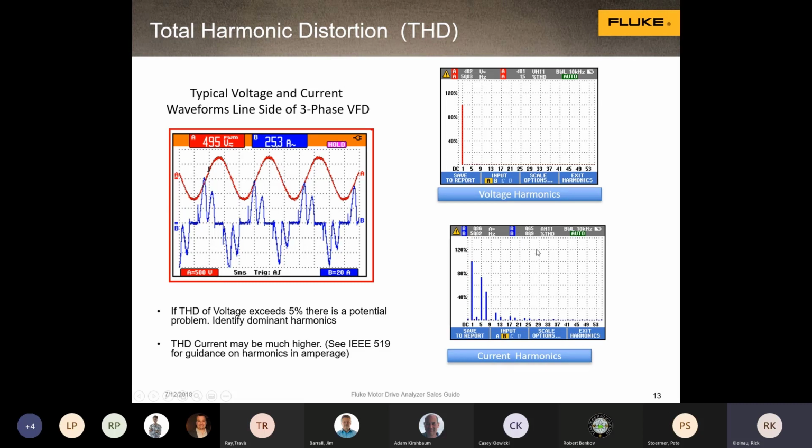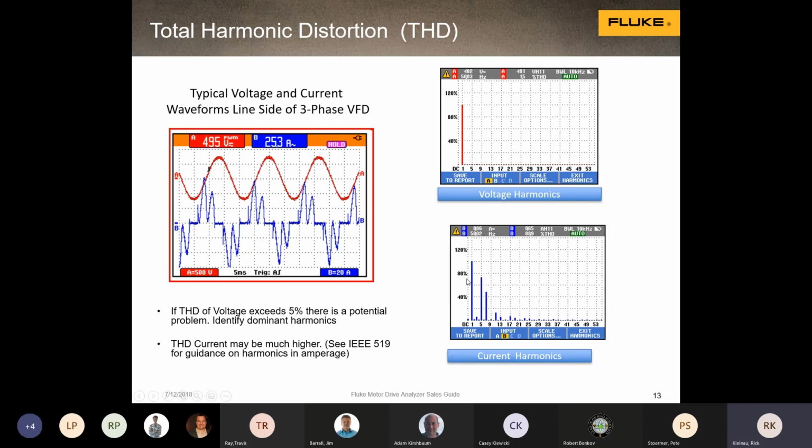88.9. You'd like to see something below 5 in the voltage. It's just kind of a reference. On the amperage, it can be really high. It's not necessarily hurting anything. It's the way the world works right now. Harmonic distortion in the amps